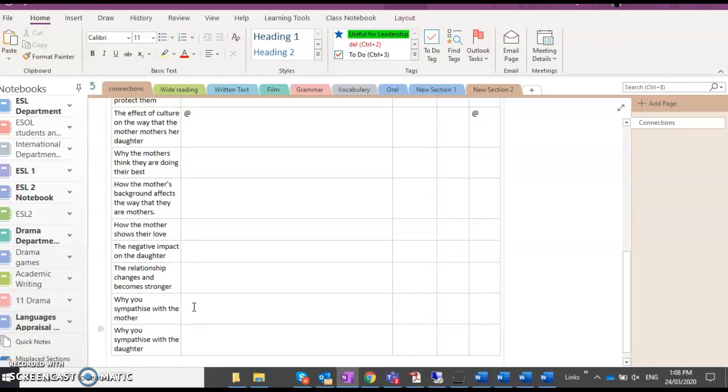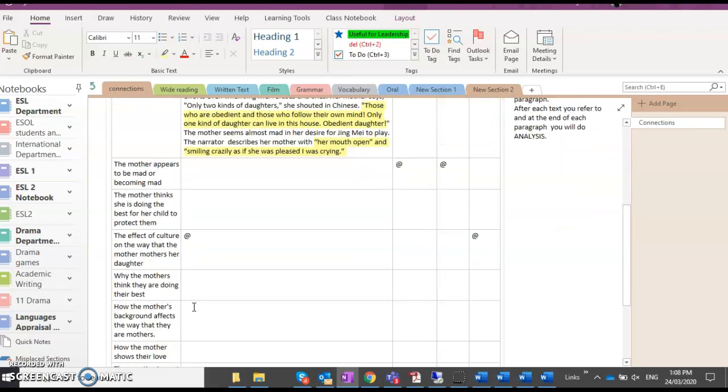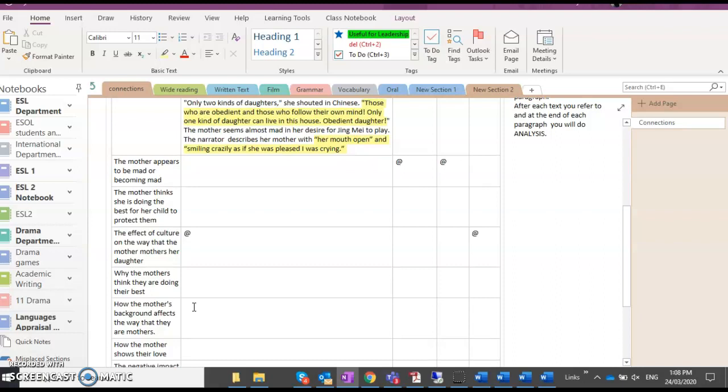Now, these are just some of the ideas that you could come up with. But remember, you don't want to have more than about 3 or 4 of these main ideas. You may want to try and combine some of them, put them together. For example, the controlling and mad does kind of go together. Wanting the best and protecting can also go together. So think about how you